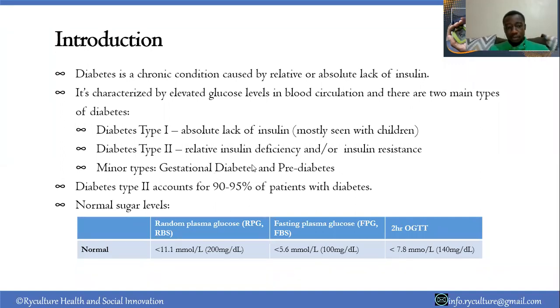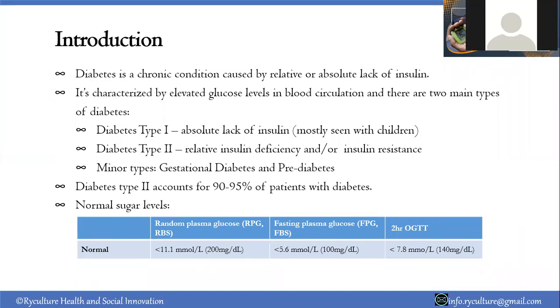Then for diabetes type 2, there is relative insulin deficiency or insulin resistance. This majorly comes up when people are adults, grown-ups. The problem is you develop resistance to insulin: your body is producing enough, but it's not giving the ultimate outcome that is required of it. The reason can be increased body fats, and that is why we normally recommend physical exercise. Another cause can be failure of your pancreas to produce sufficient quantities of insulin as well. So those are the key things we find when it comes to diabetes.